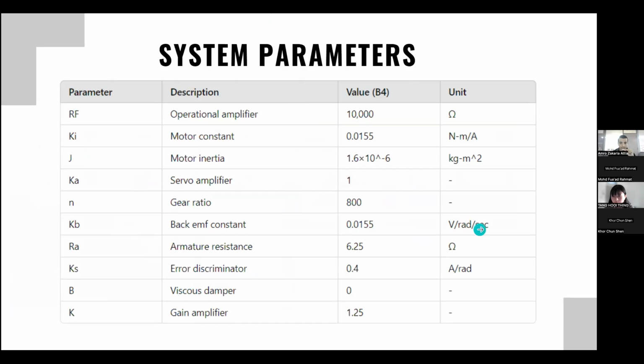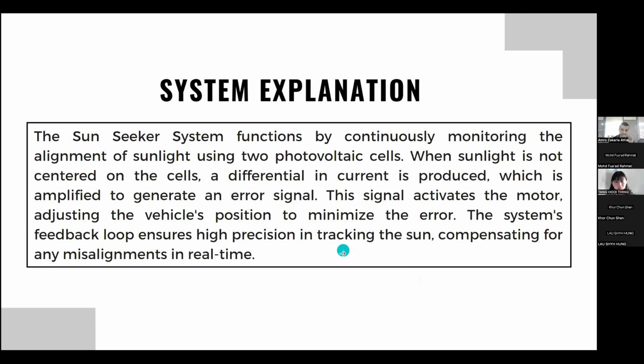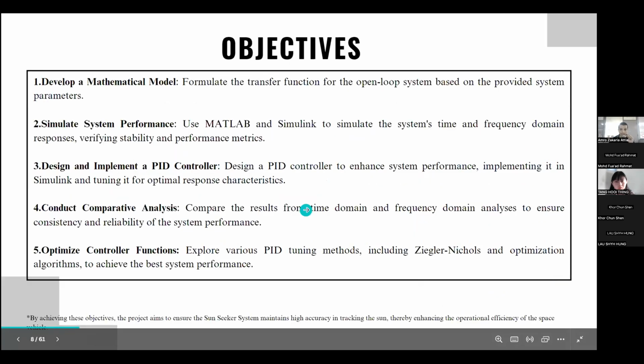Continue. Okay, these are the system parameters for the B4 set. The system is actually about controlling the alignment of the star of the space vehicle. We align it to the sun, and we have sensors that detect the error signal and return it back as feedback. Then we align the space vehicle to the system. Here is the objective of